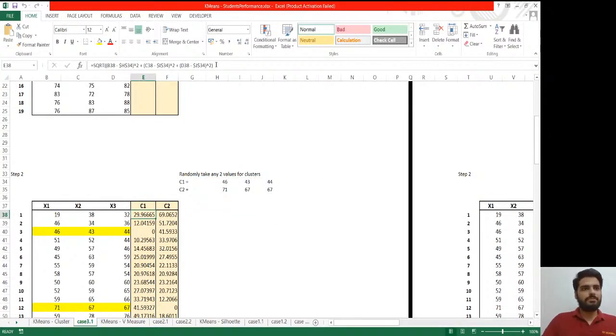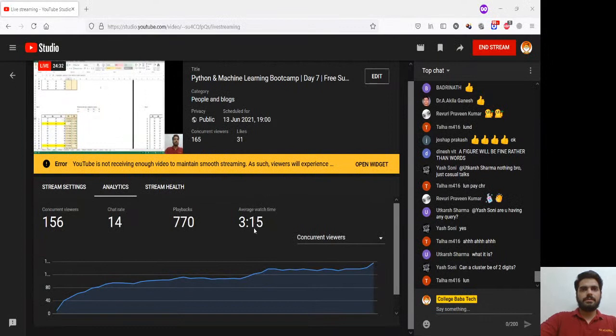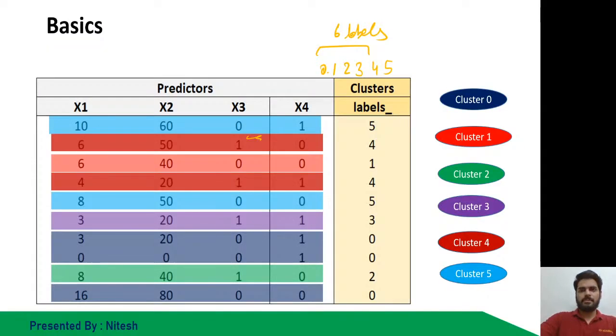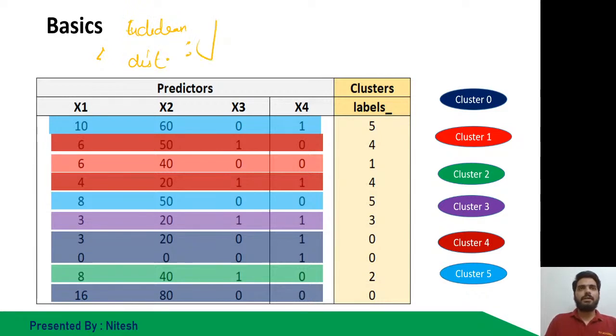So let me write it also. The Euclidean distance has the formula: square root of (x2 minus x1) whole square plus (y2 minus y1) whole square.